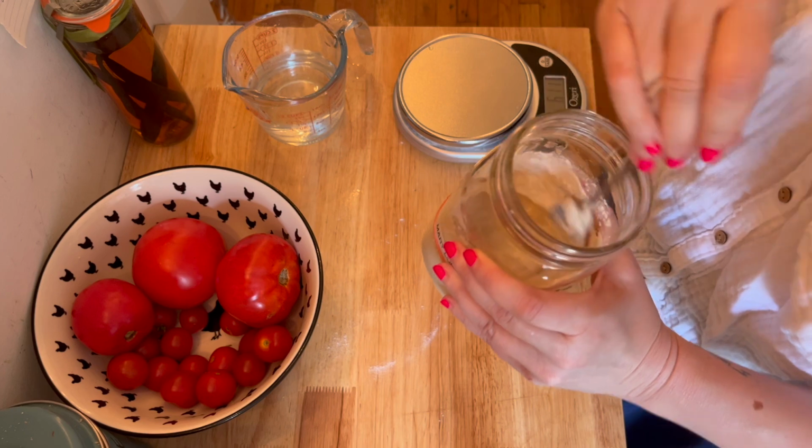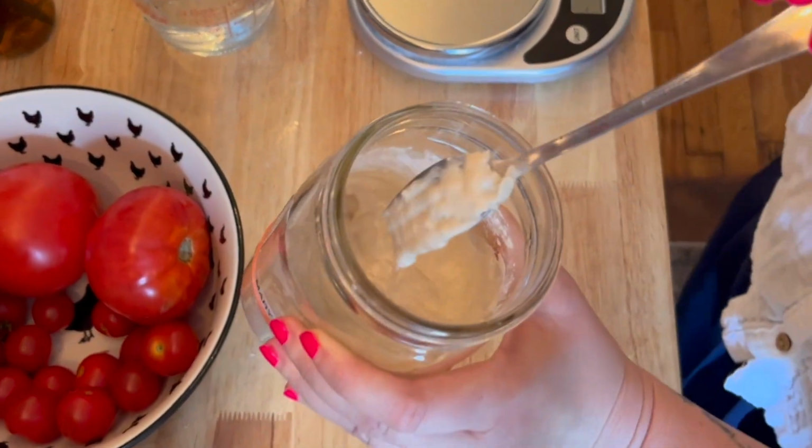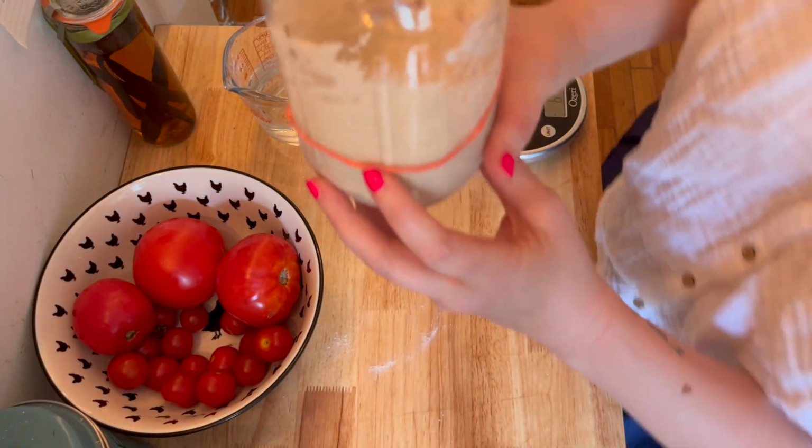Just stir it really, really well. Okay. So she looks like pancake batter. Great. And now the reason that I have this